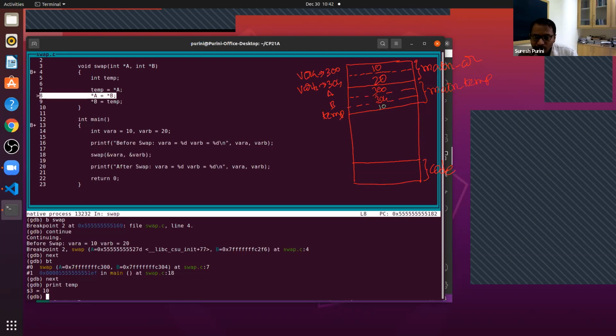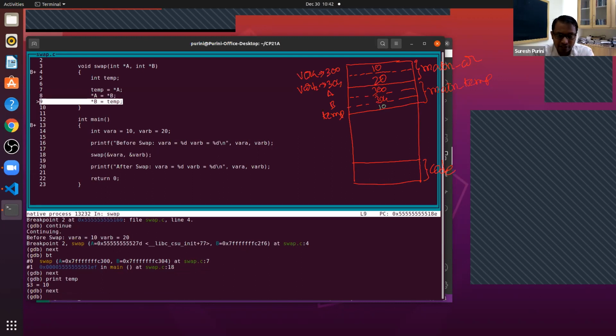If we say A is equal to star B, then the variable A gets modified, but we want the memory object associated with address 300 to change. Because of that, we have to write star A is equal to star B.